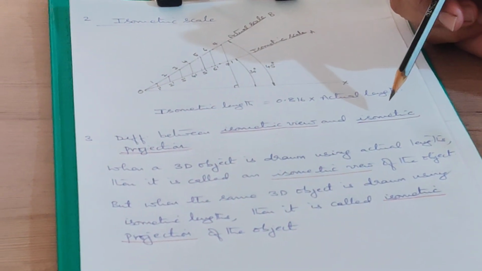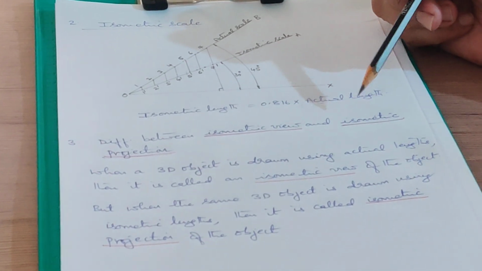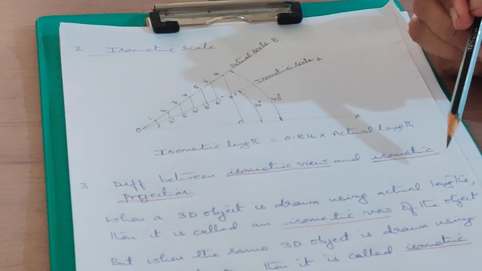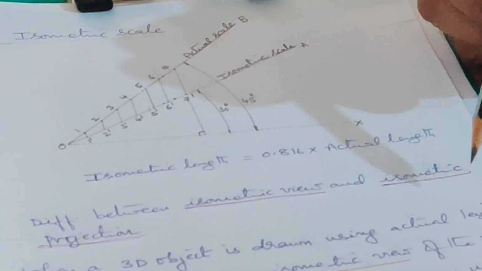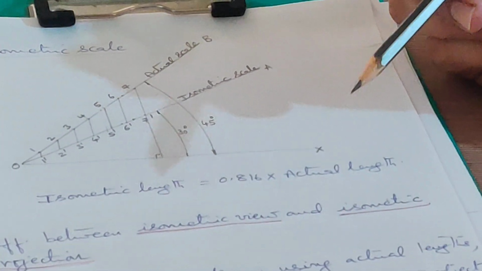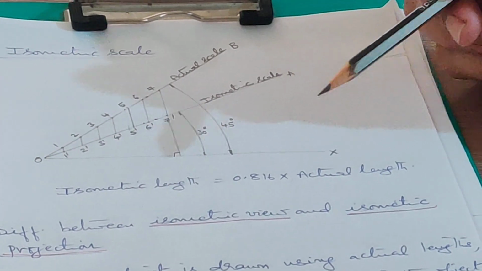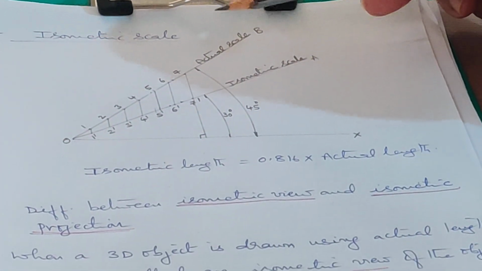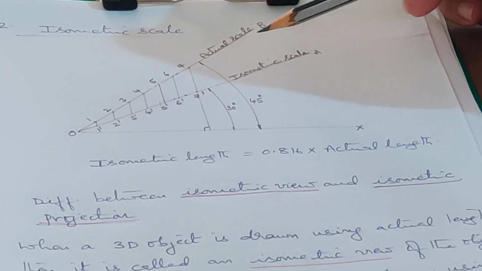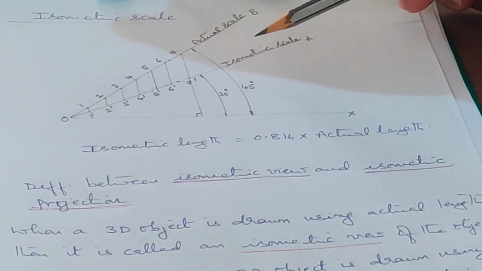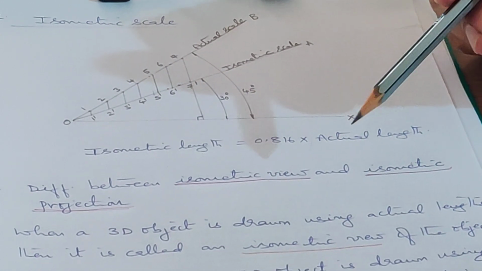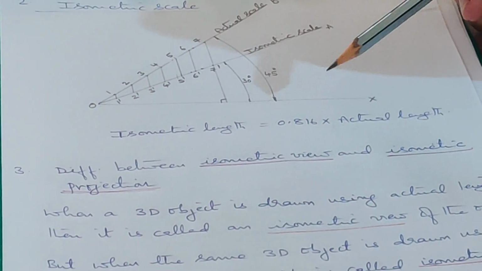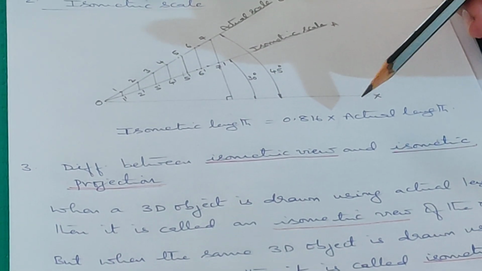But here you don't have that option. So we have to use isometric lengths and draw the isometric projection when you do manual sketching. So whenever you are required to do an isometric projection, it's very important that you construct the scale first, because every time you will be using isometric lengths for making the given object. So that's about the theory part behind it.